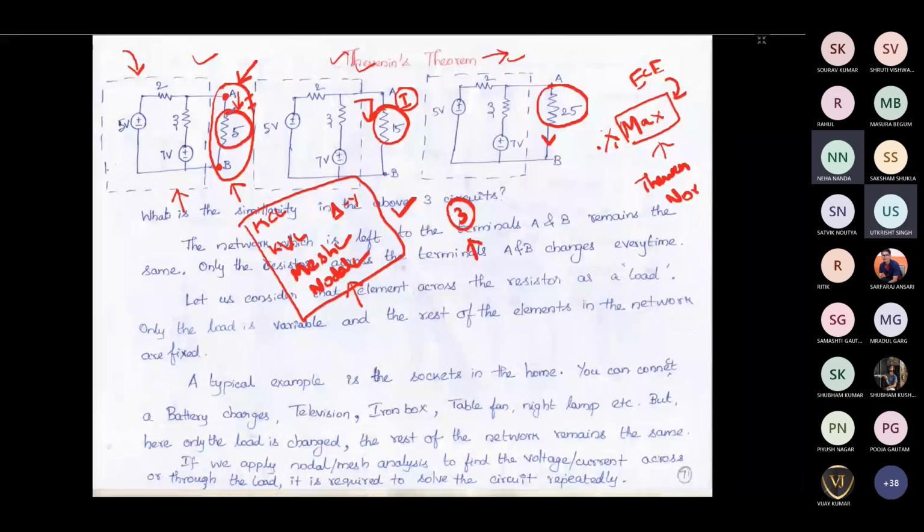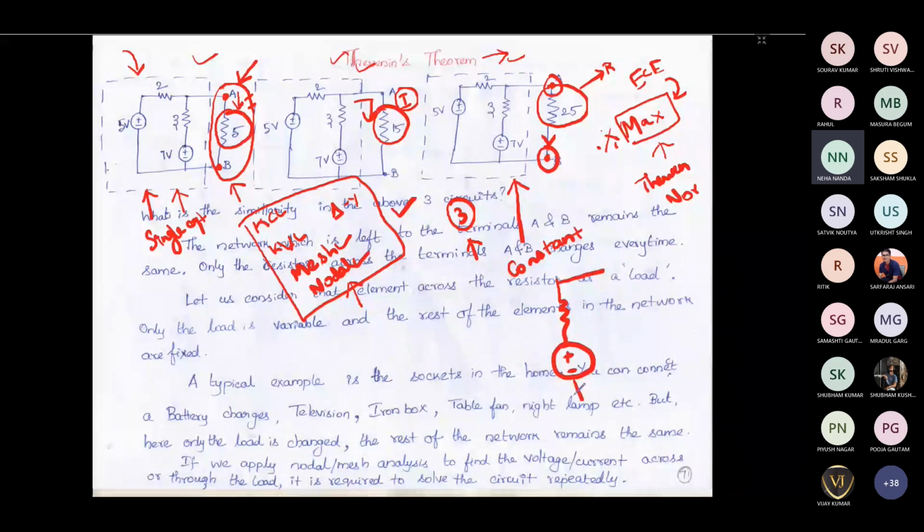That is what Thevenin thought: how we can use this complete part as a single equivalent, and we will just change the load elements in order to find the current. So in Thevenin theorem, we are going to replace this complete constant part. Only the load terminals A and B are going to change, the remaining part is going to remain constant. Now what I'm going to do in Thevenin theorem is replace the constant circuit with a single voltage source with a resistor in series.